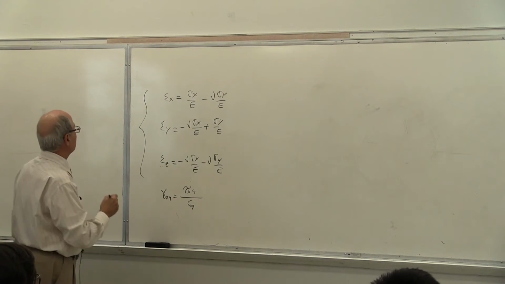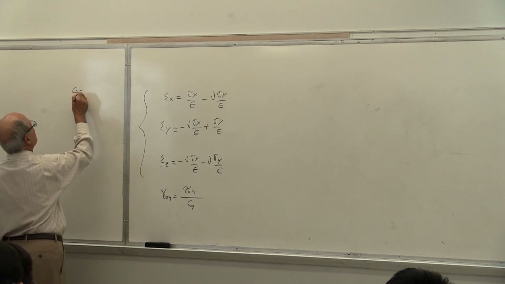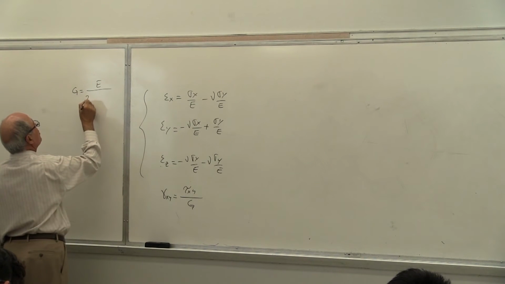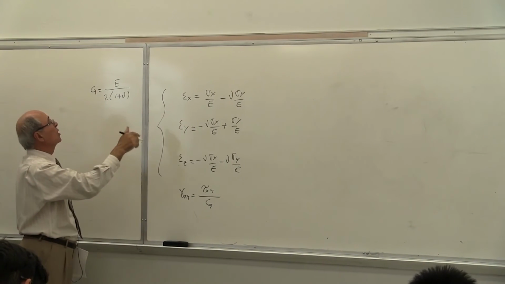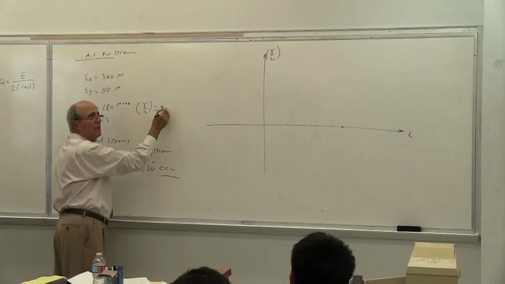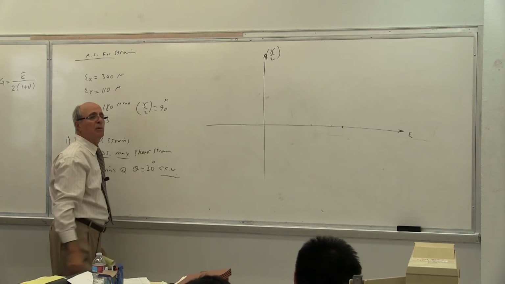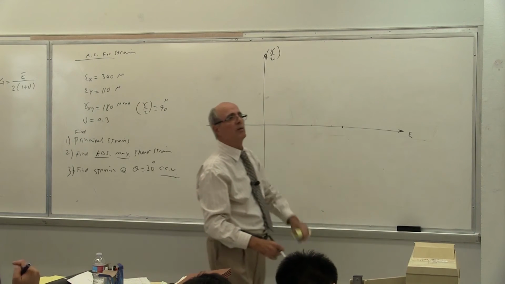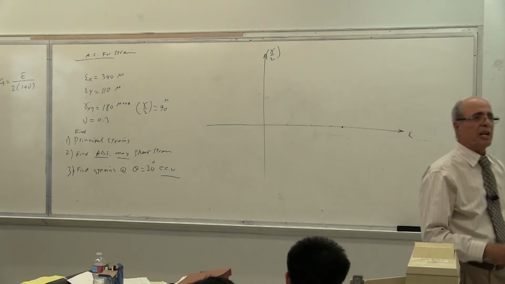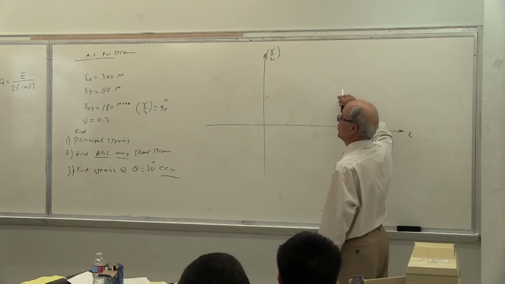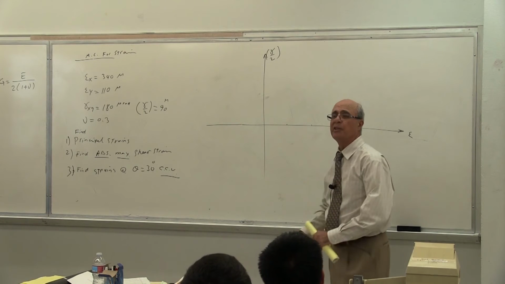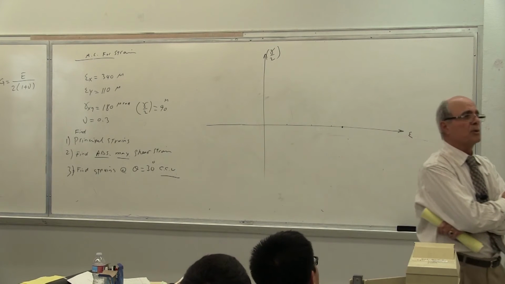First thing you want to do, because people may forget that, you want to calculate gamma over 2. Doesn't matter which plane it is. This gamma is 180. Gamma over 2 is how much? Is 90. Of course, this is based on gamma over 2. Is that correct or not? Then you go 340. Then I have to go either up or down 90. Yes or no? Up or down.